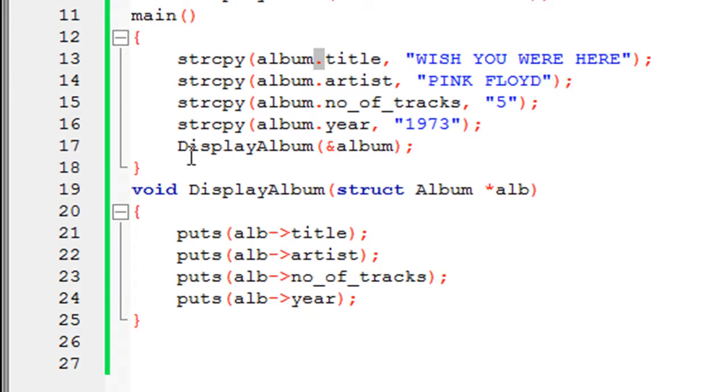And then on line number 17, I have called the display album function, but this time instead of specifying just the name of the structure variable within the parentheses, I have also put in the address of operator. So instead of passing the structure name, I'm passing its address, right? And this address is going to be stored in the pointer variable alb, right? So it's pretty similar, right? So just as you would pass